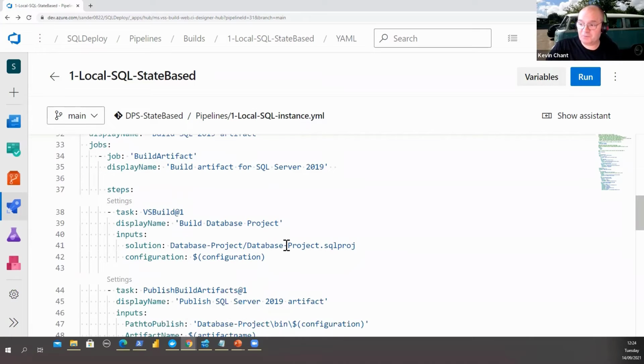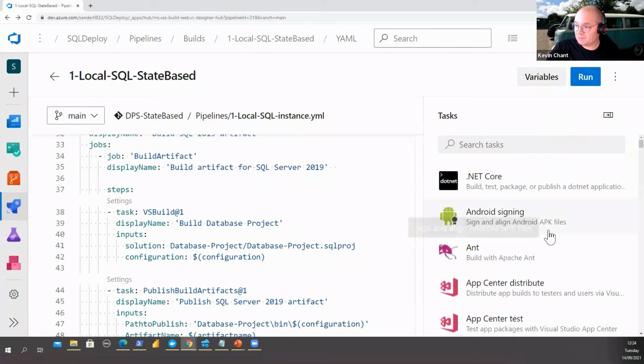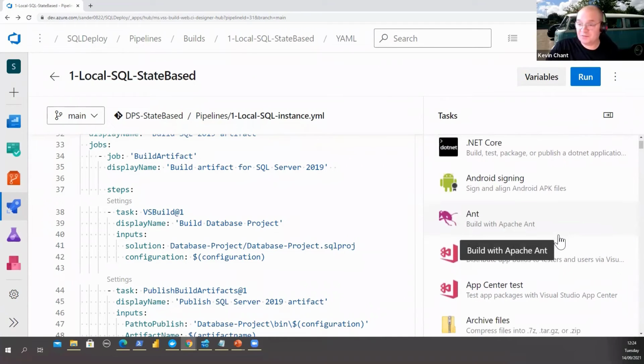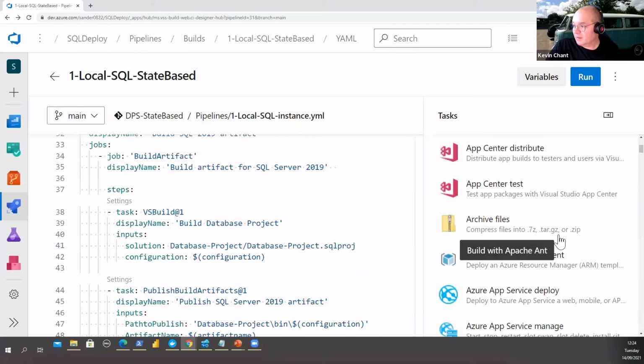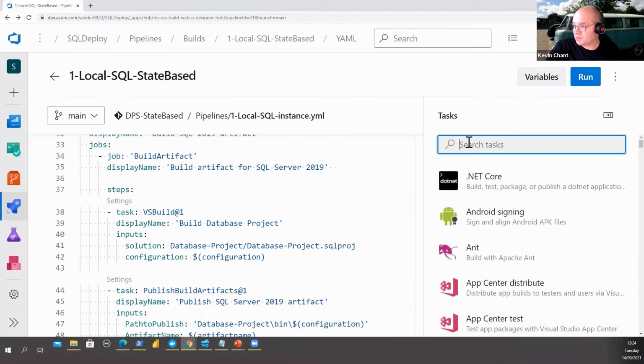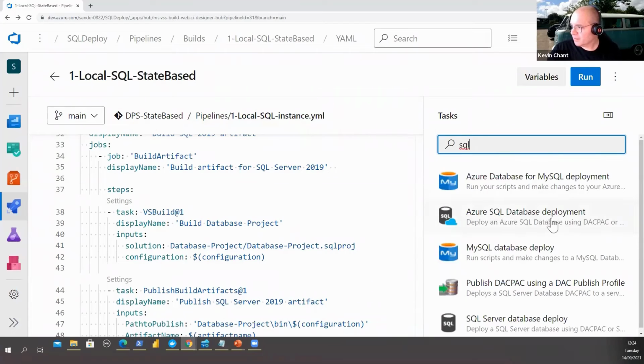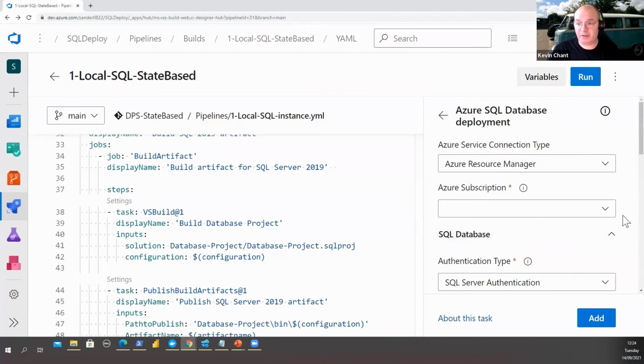Each job can have one or more steps, and these steps can contain one or more tasks. If you're using PowerShell, you can think of tasks along the lines of PowerShell modules, so to speak. If I click on Show Assistant, which I removed earlier, you can quickly find different tasks on the right-hand side here. When you click on one of these, for example SQL, you get a user-friendly interface if you're doing it inside